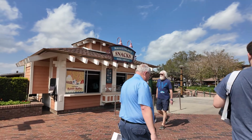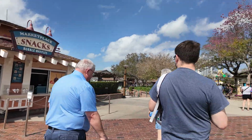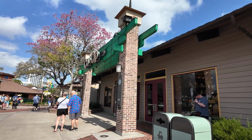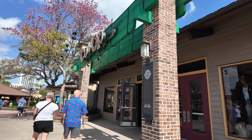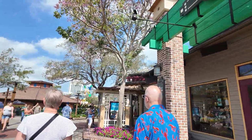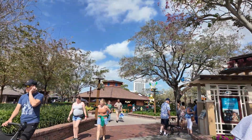These are getting really popular, so this is where the bubble waffles are. And then to the right is the Market Co-op, which is gonna have unique merchandise as well. It's a co-op, so it's gonna have all different types of stuff. And if we keep walking,